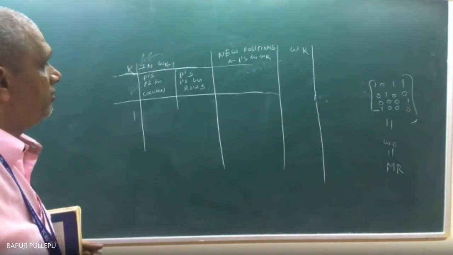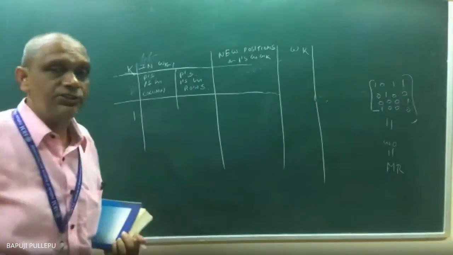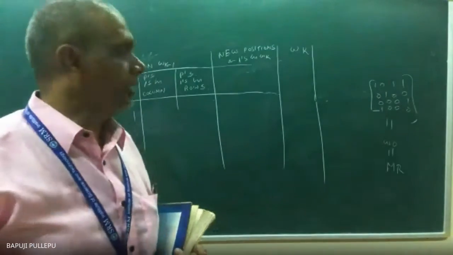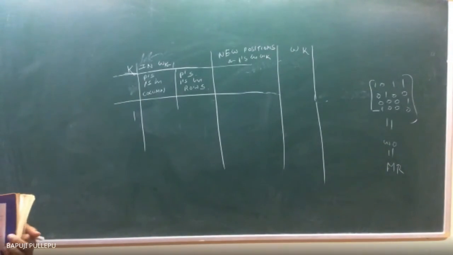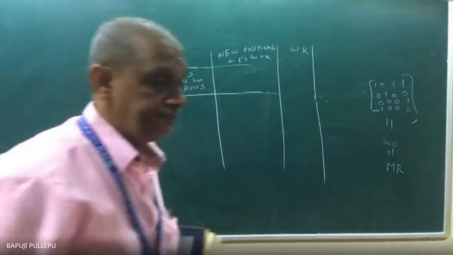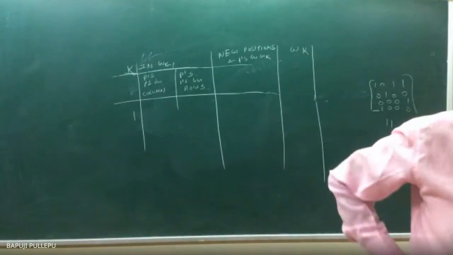Now you can tell me, I am starting my initial matrix as W naught. See, k is equal to 1 means what? This is k minus 1, so 1 minus 1 is 0. So the initial status I will start. Now tell me, in W naught, in the first column, where ones are there. In which positions are the ones?